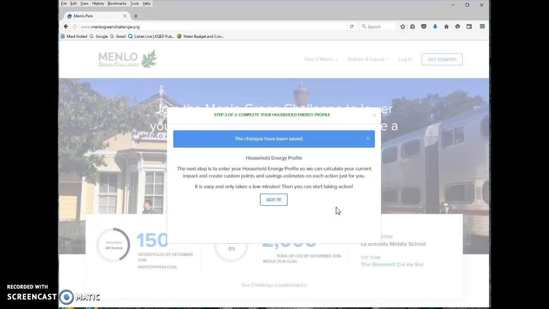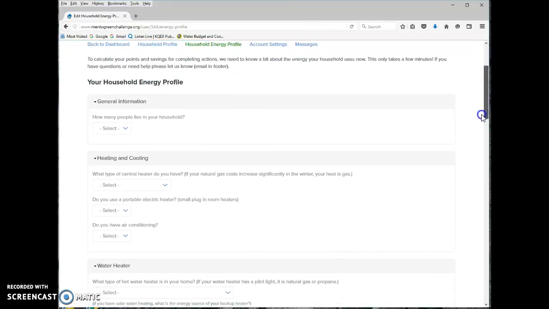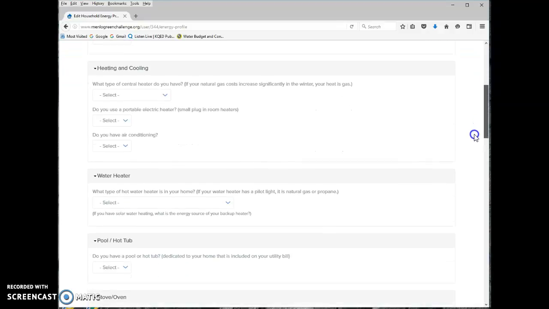And then the next part of signing up for the Menlo Green Challenge is filling out your household energy profile. So the household energy profile sort of gives us an idea of how you use energy in your house, and it has information about water and your heating, cooling stuff,